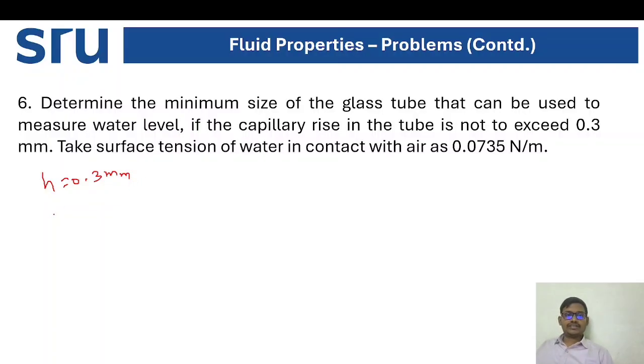And the second one is, take surface tension of the water in contact with air as gamma W equal to 0.0735 Newton per meter. This is what they have given. Capillary effect, as we know, the standard formula H is equal to 4 sigma cos theta by rho g D. Got it? So already we know H is equal to 0.33,